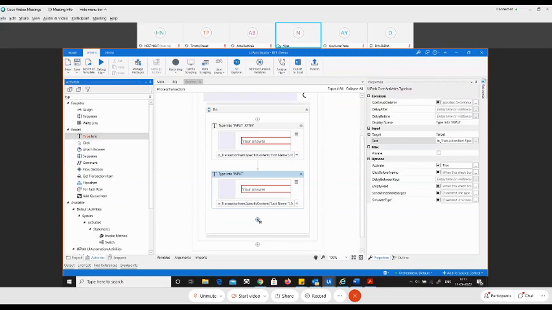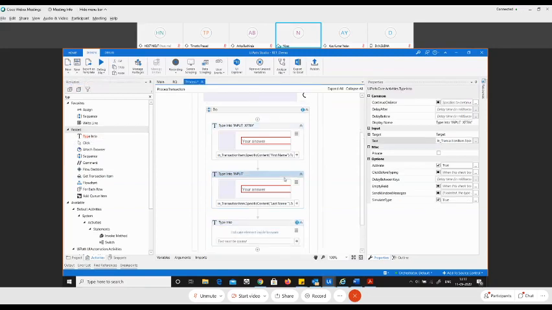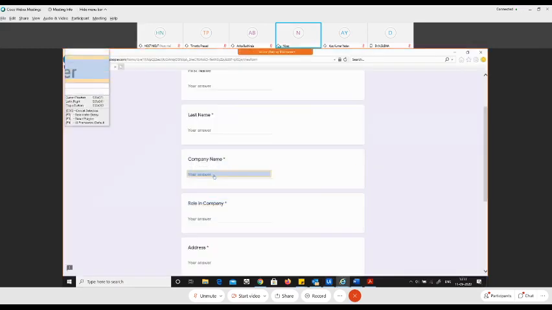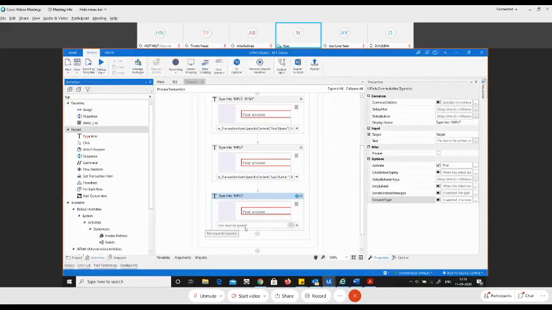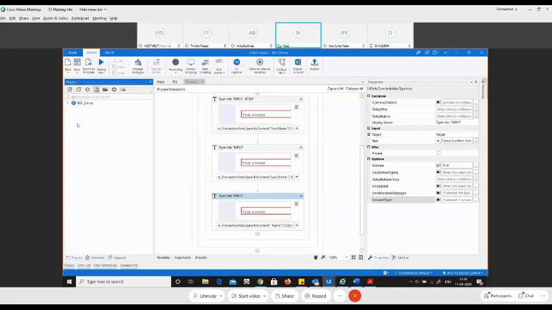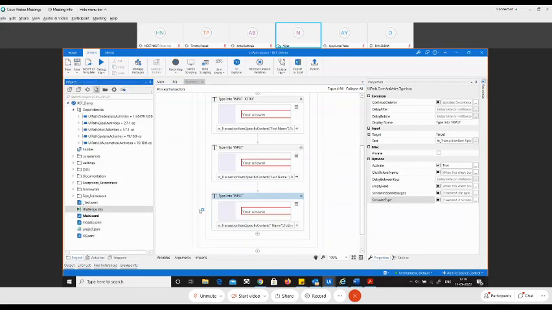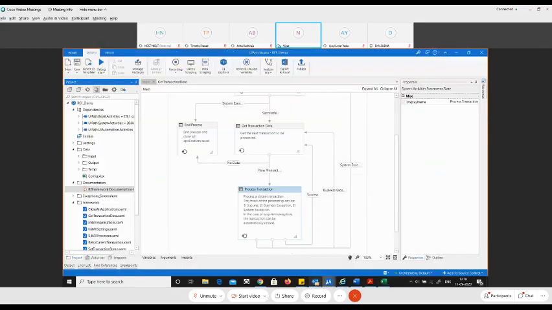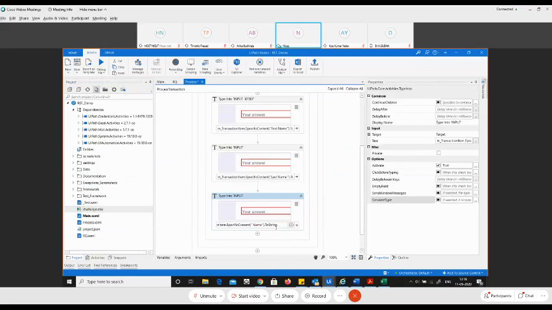Let's use another type into activity, and we'll make sure we do simulate click on everything. And over here, we'll do it for the company name. So the same thing, I'll paste it here, and this is going to be the company name. So that we don't miss anything, let me quickly open the Excel file itself so that we can copy the value from the Excel file itself, so that we don't miss any casing. So company name, let me copy this name and paste it here.